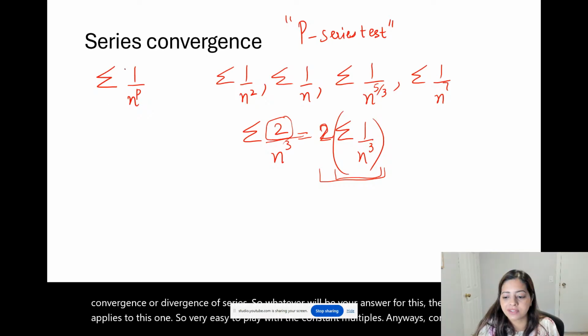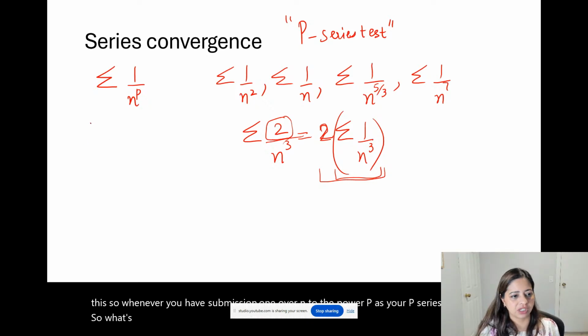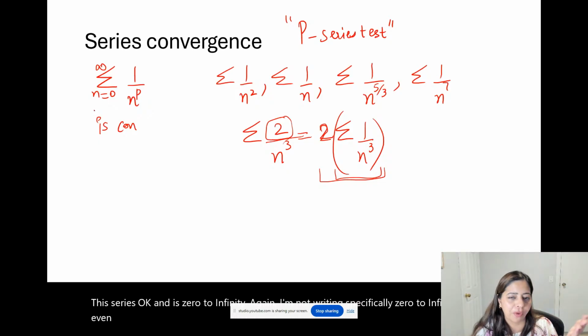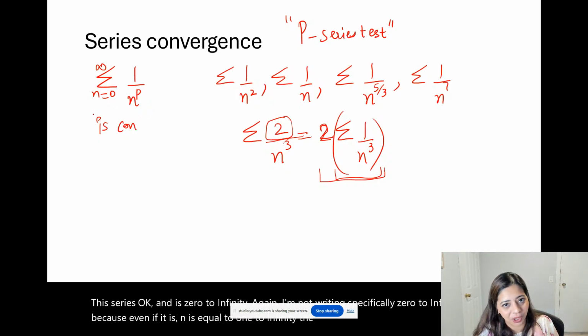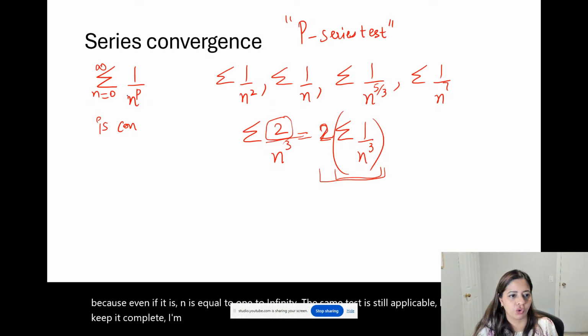So whenever you have summation 1 over n to the power p as your P series, what's the test? The test is this series, n is 0 to infinity. Again, I'm not writing specifically 0 to infinity because even if it is n equals 1 to infinity, the same test is still applicable. But just to keep it complete, I'm writing n equals 0 to infinity. So this series is